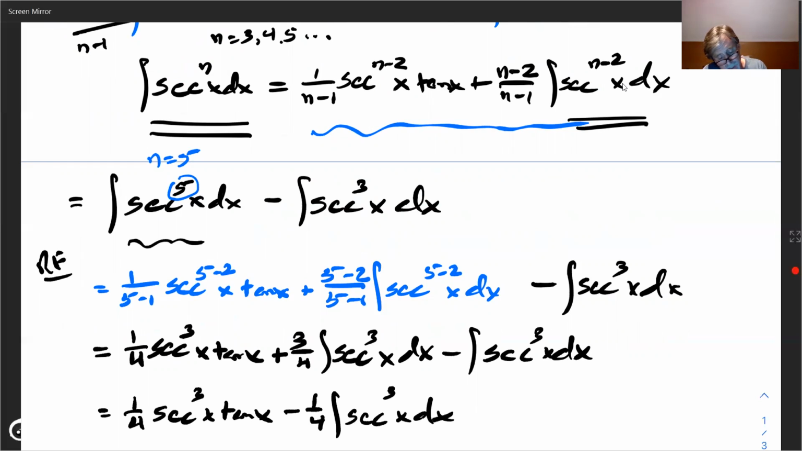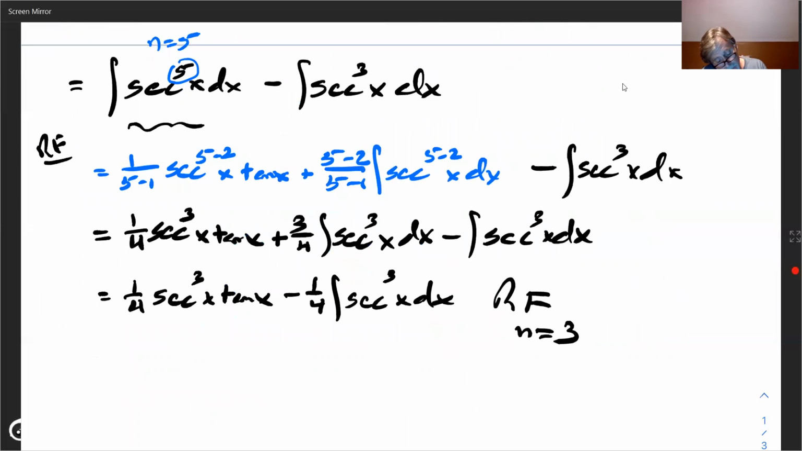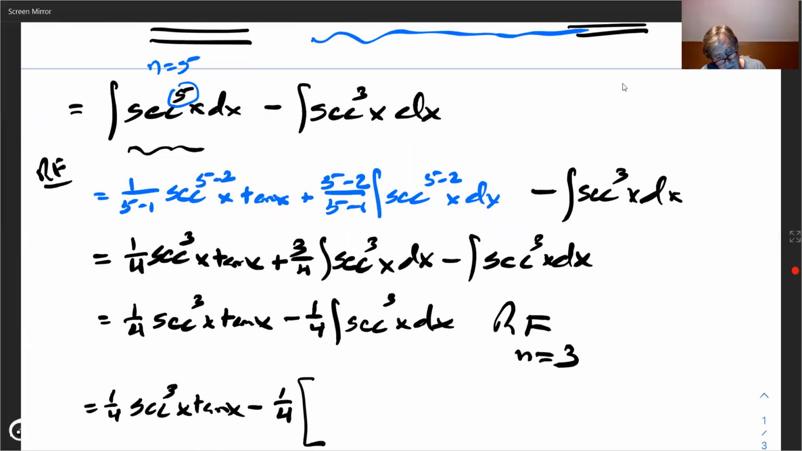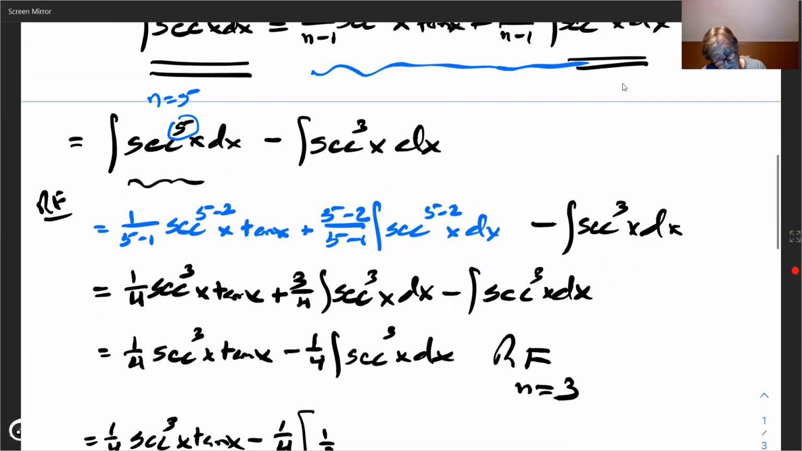And you know what? It's time for the reduction formula again. This time n is equal to 3. This is a long one, huh? But we're there, because now we have 1/4 secant cubed x tan x minus 1/4, watch out now, big old bracket. Now we're going to use the reduction formula for n equal to 3. I know you can't see what I'm writing, but I'm going to cut to the chase. n is equal to 3, so 1 over 3 minus 1 is really 1/2, and we'll have secant 3 minus, we're going to have a